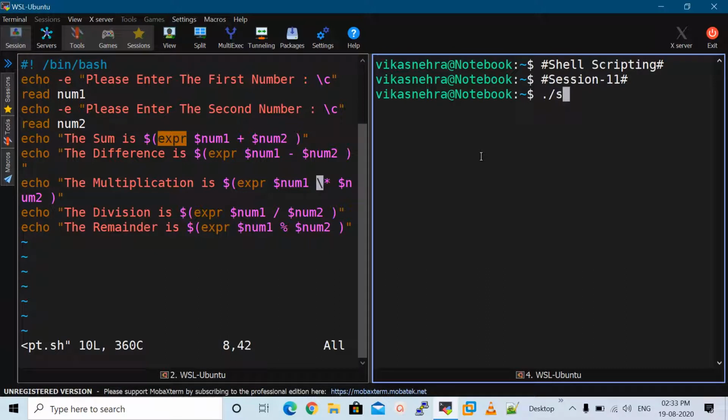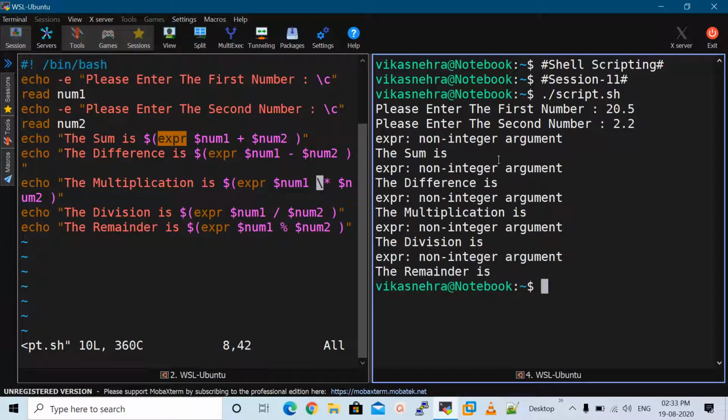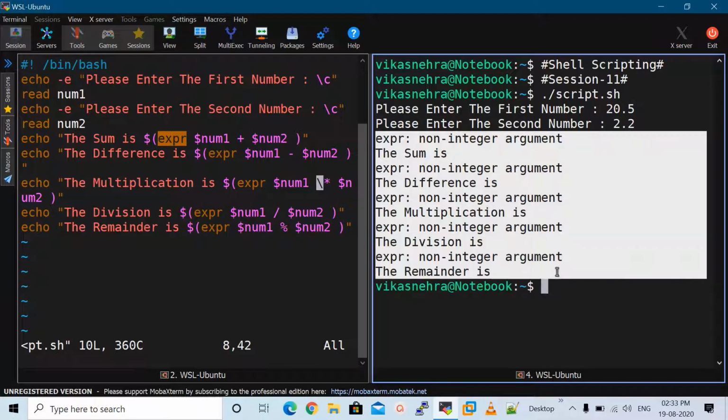Let me run the script and mention the first number as 20.5. This time we are giving decimal numbers as input, not integers. Let me mention the second number as 2.2. Then you will find that this script gives us an error like non-integer argument. So we cannot use this method for decimal numbers.